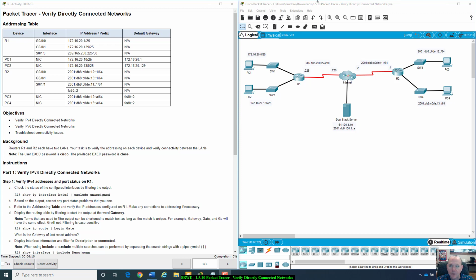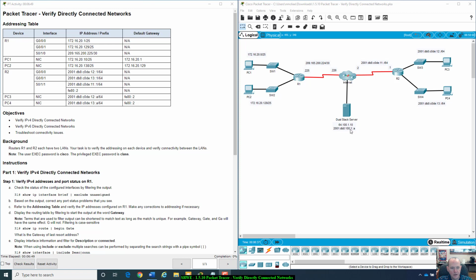Alright, I have up my Packet Tracer desktop, and if you can see, on the right connected to R1, I have two subnets, or two LANs over there, connected through switches to PCs. And then on the right side we have R2, which is connected to two LANs and two different subnets. Of course, all the stuff on the left is IP version 4, all the stuff on the right is IP version 6, and then you have a dual stack server, which is doing both IP version 4 and IP version 6